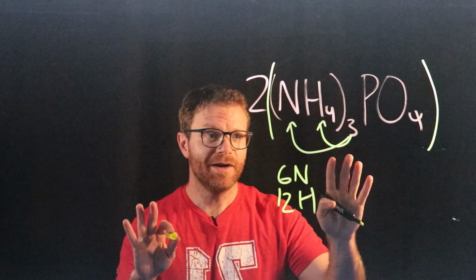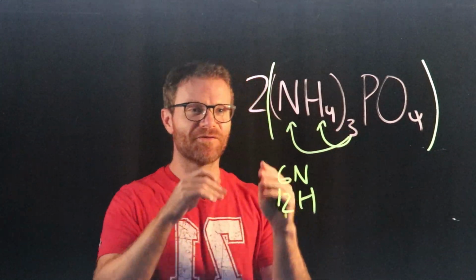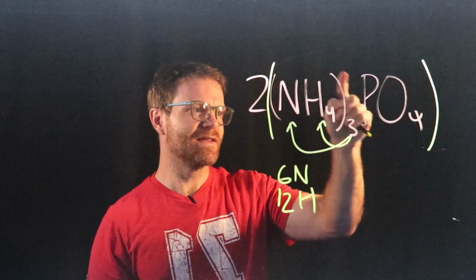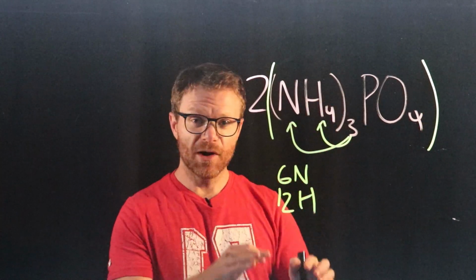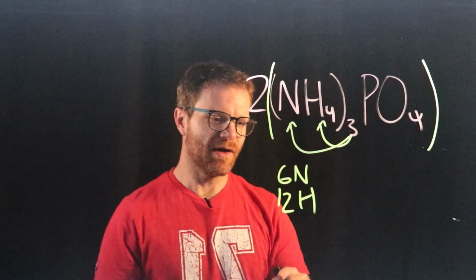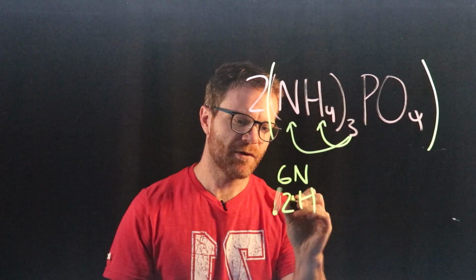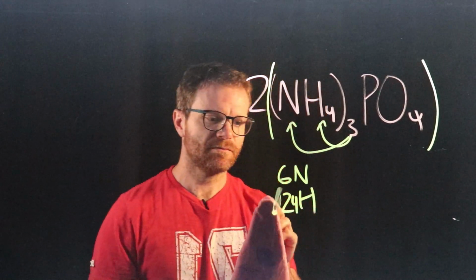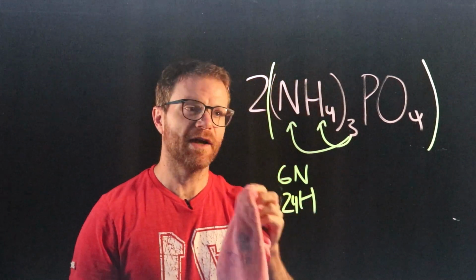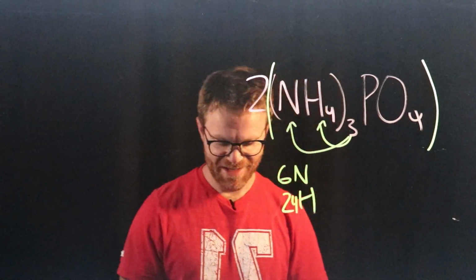But we're not quite done, right? Because we have this coefficient in front. So if each ammonium phosphate has 12 hydrogens, and there's 2 of them, we're actually talking about 24 hydrogens. I almost forgot that coefficient in front. Okay,